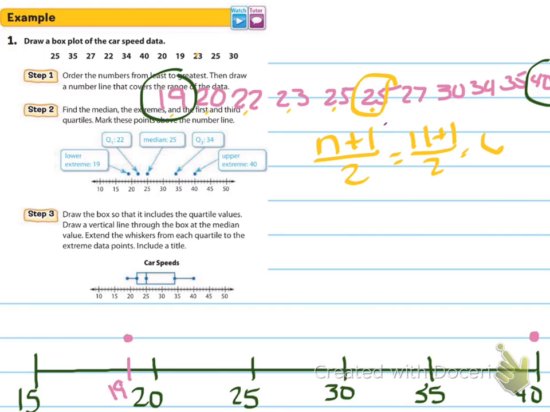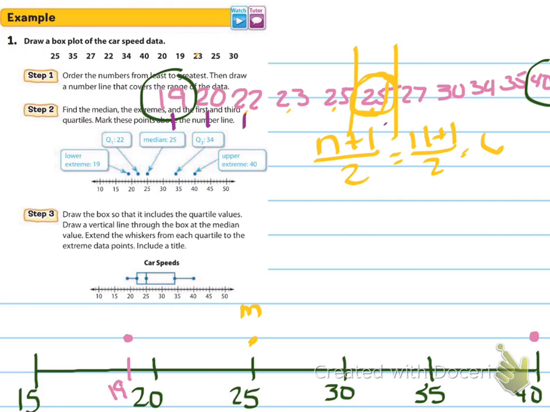So I'm going to, trying to write, okay, there we go. This is my median. Then I'm going to find my quartiles. So I'm not going to include 25, this 25 that I circled. This is kind of like the block off point. 25 has been used, so if I'm looking at the numbers to make up my quartile 1, I'm only